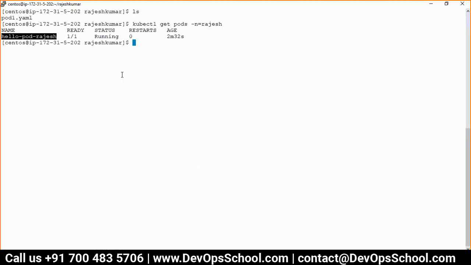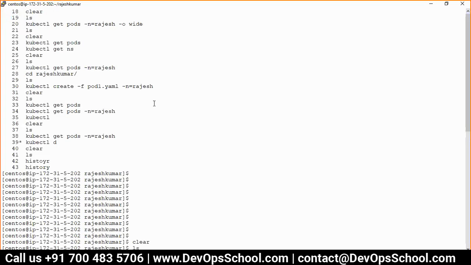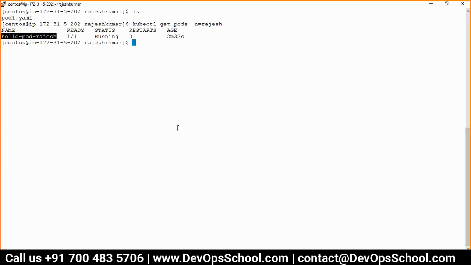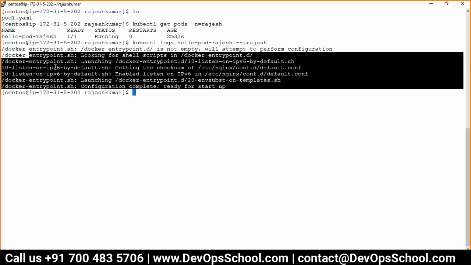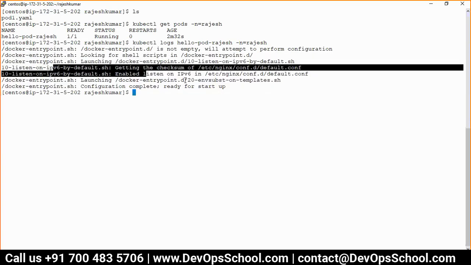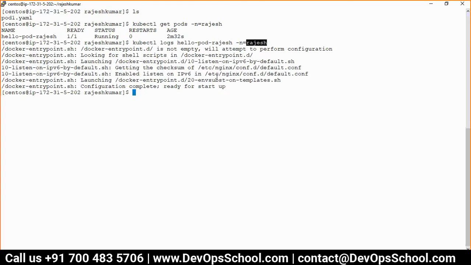Yeah. So this is the description you want to make it. So what you want to do? kubectl logs, okay, of the pod which is here, and -n Rajesh. Now if I see, this is the logs. This is the logs of the pod. Okay, this is the logs.